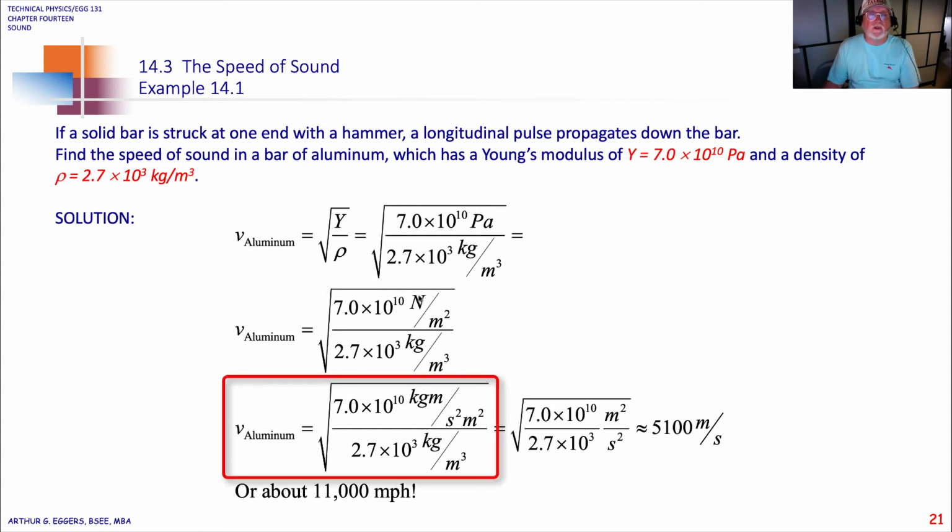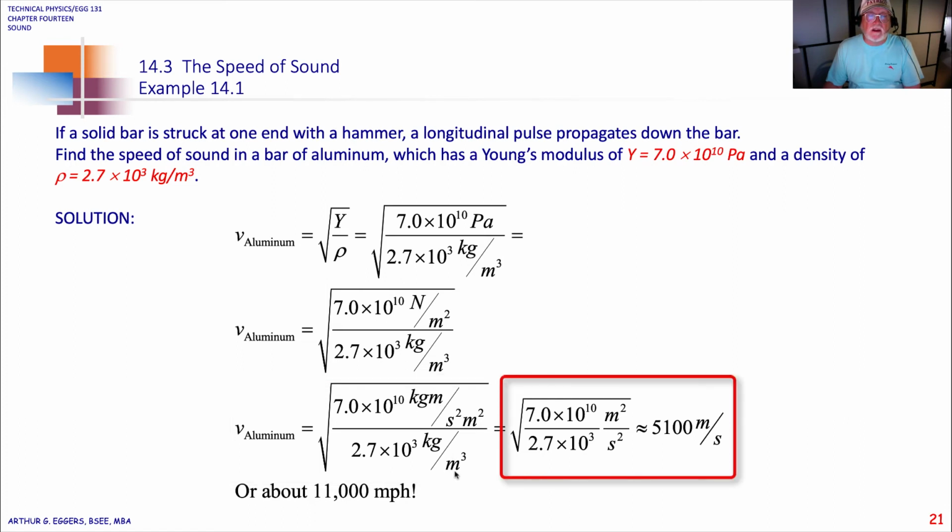So now, if we substitute kilogram meters per second squared for newtons, keep the meters squared, and the rho in the denominator, we have everything we need. Now we're set up so that terms are going to start canceling. Our kilograms are going to cancel. We're going to end up with meters, and meters squared and meters cubed are going to cancel,